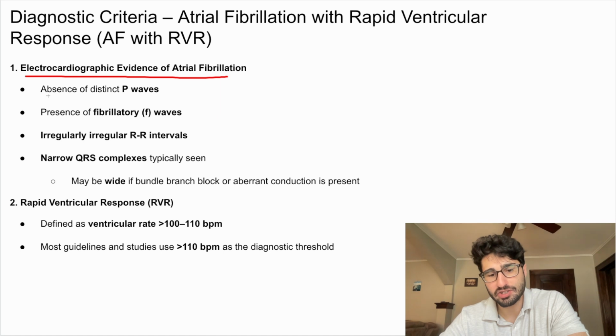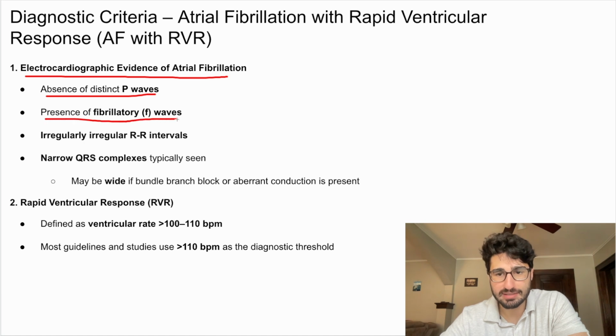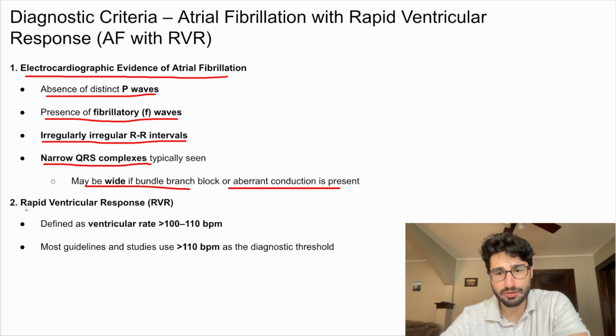First, atrial fibrillation is identified on an ECG by the absence of distinct P waves, the presence of fine or coarse fibrillatory waves, and an irregular RR interval. The QRS complexes are typically narrow, though they may appear wide if there is a pre-existing bundle branch block or aberrant conduction pattern. Once atrial fibrillation is confirmed, the next step is to determine if there is a rapid ventricular